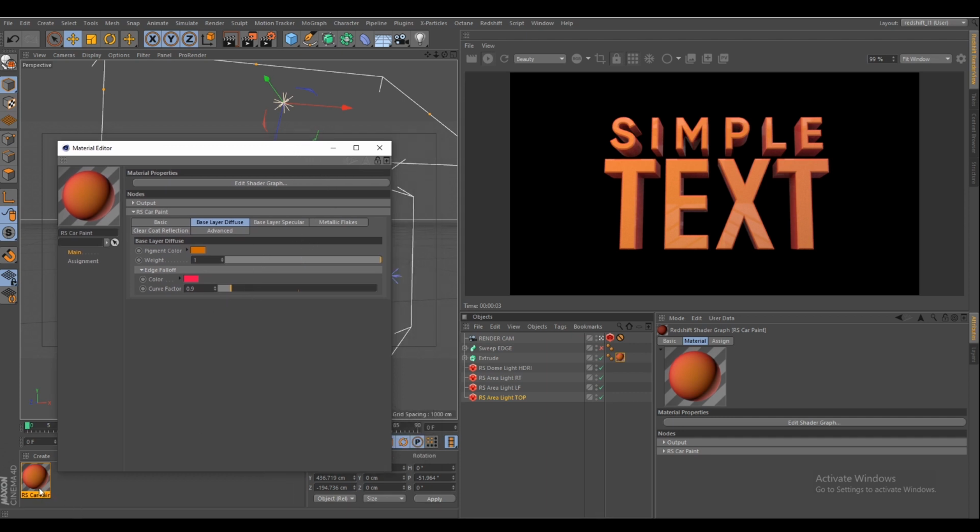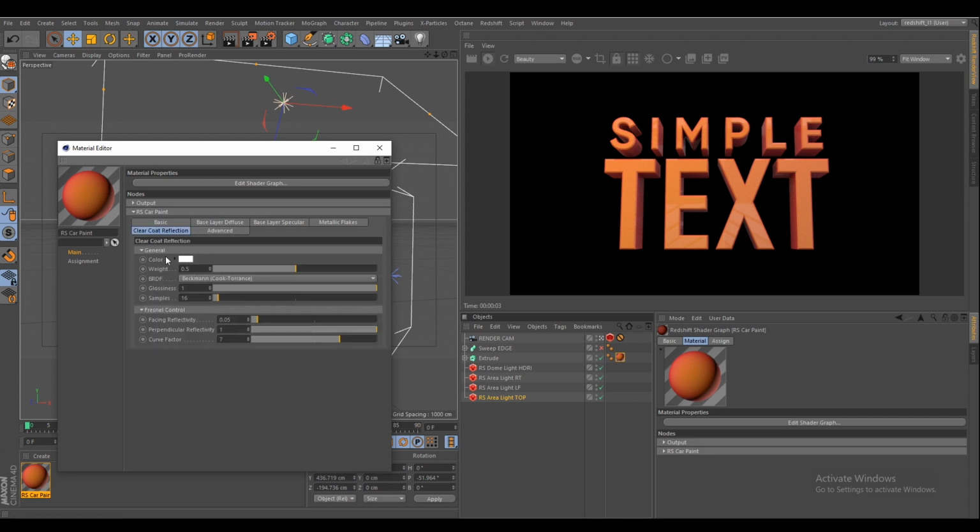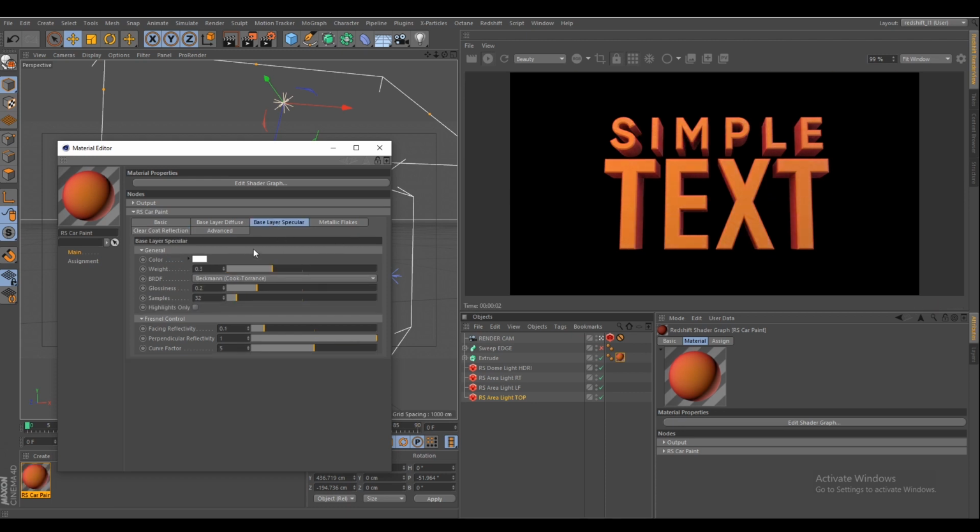As you know, I have taken this car paint. First, I just don't want this extra coating. I have this specular option here. So now just bump up the weight of this specular node and its glossiness.